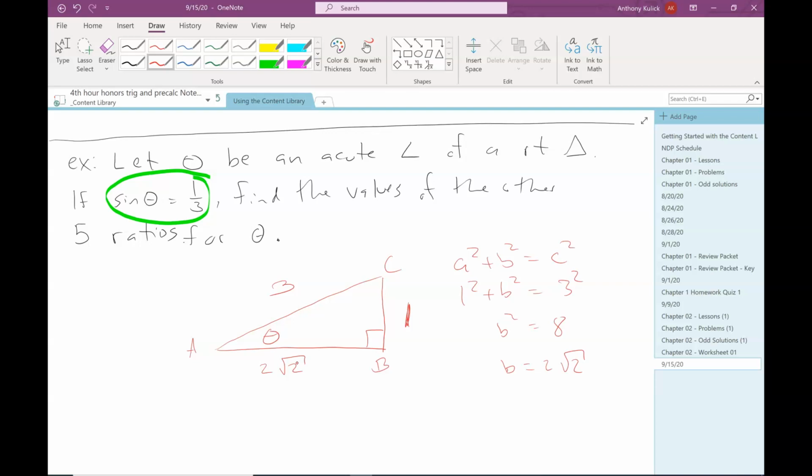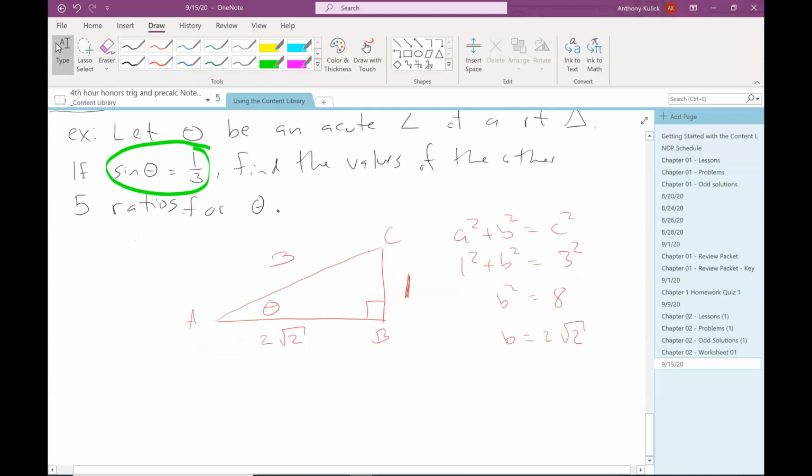Everybody's okay to hear? We're good with how to simplify the radicals? Okay. So now all I have to do is